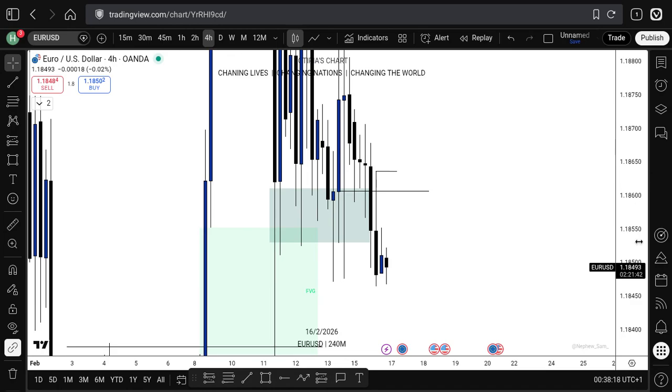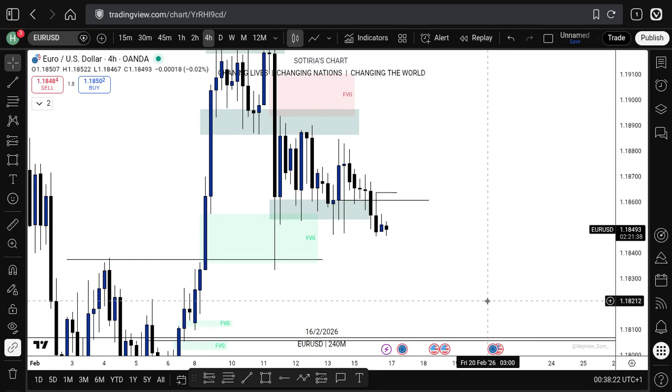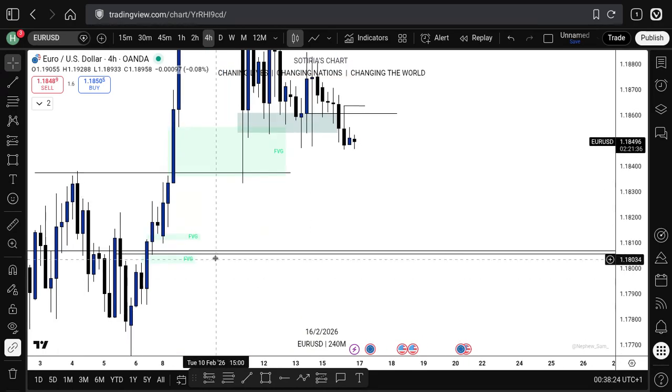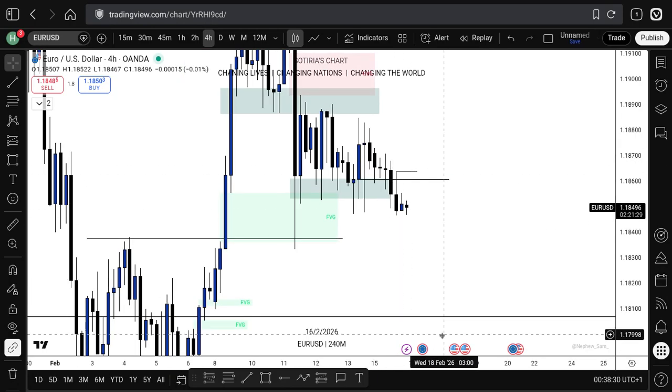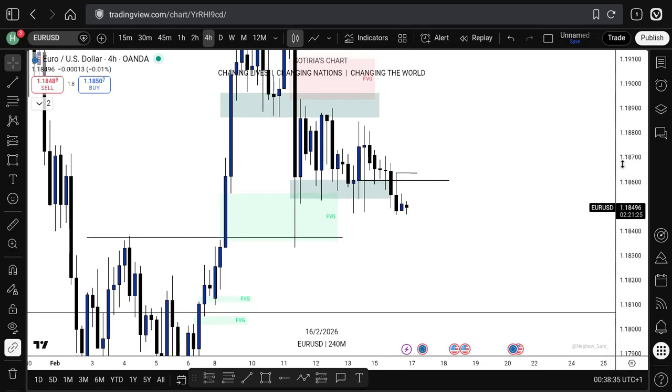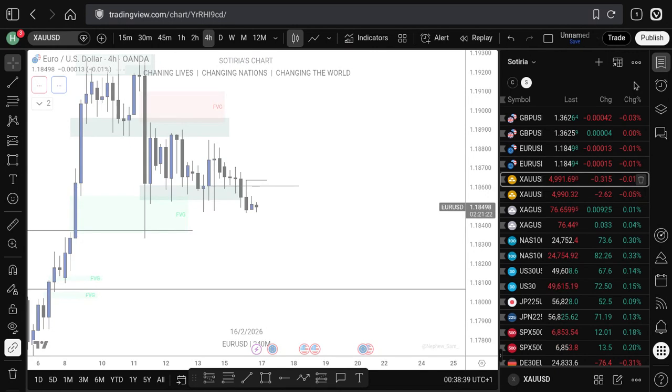Yeah. So this is what I have for EU. I have a bullish bias, and I have this short-term bearish move to this level. Okay. So now